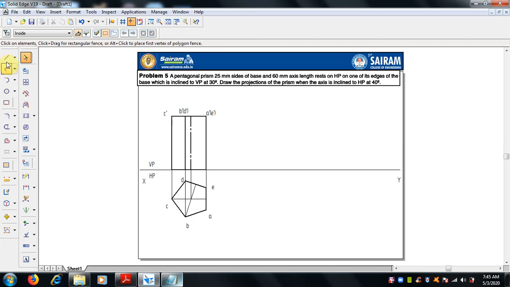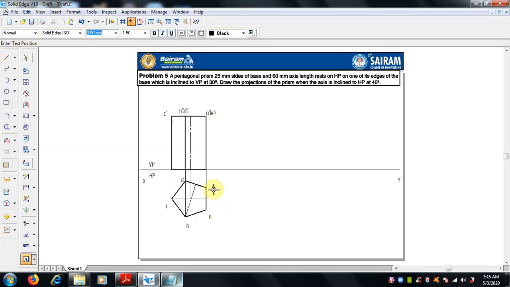The bottom, if you see, A is connected with 1, B is connected with 2, C is connected with 3, D is connected with 4, and E is connected with 5. So let me start here, 1. All corners A, B, C, D, E are connected with straight lines, and at the bottom another pentagon will be there. So it is invisible.